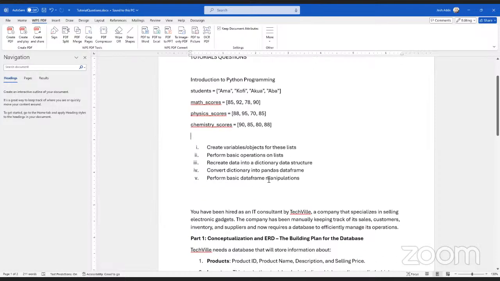The main thing we want to add to that is when I have, for example, math scores created in Python, what are some of the manipulations I can do? We have looked at some of them, which is basically how you update the list. But you can also perform some mathematical manipulations on the list.